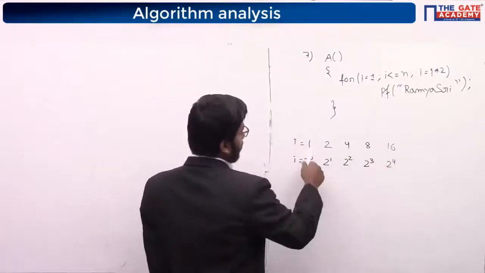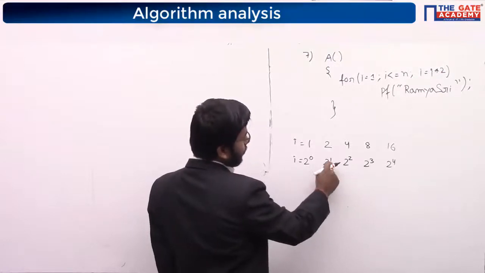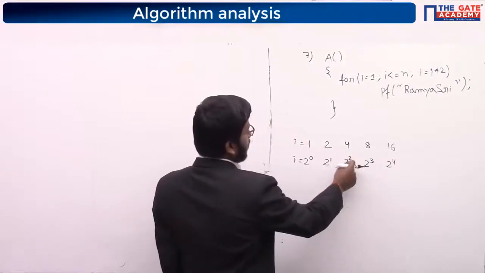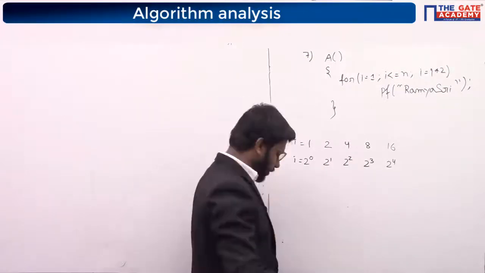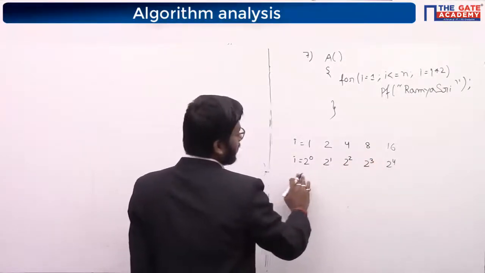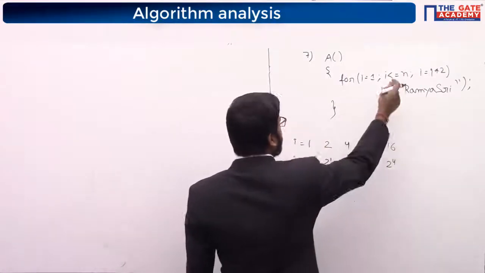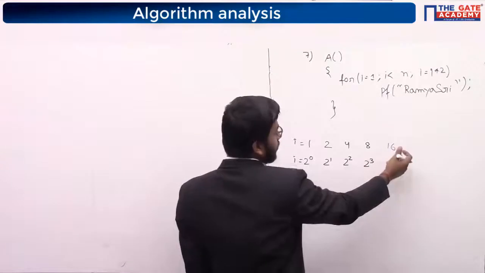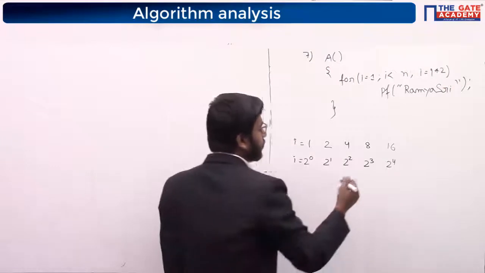Now see, when it is 2, it is running 2 times. Whatever the value of i here, that many times we can assume it is running. When it is 4, it is more than plus 1, but I am assuming that number only. When it is 8, how many times does it take to reach 8? 3. Okay, so you can make it smaller. Now 16, how many times is it running for 16? 4 times.